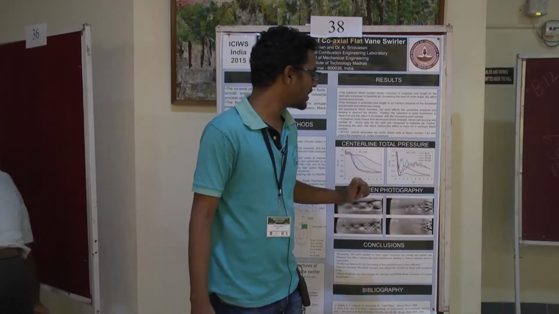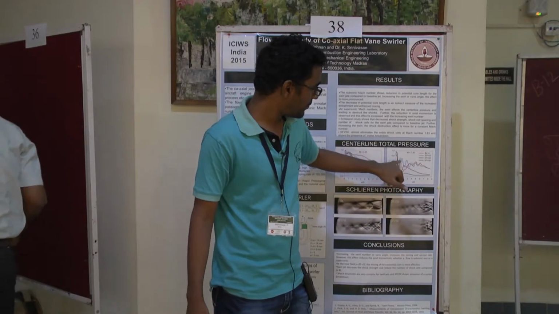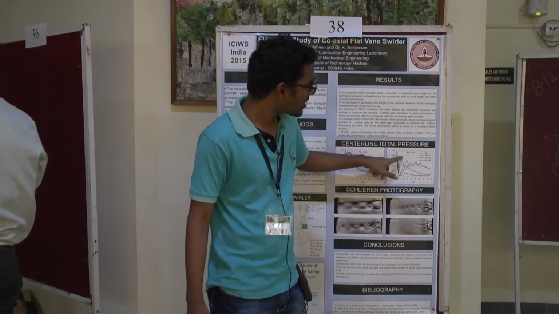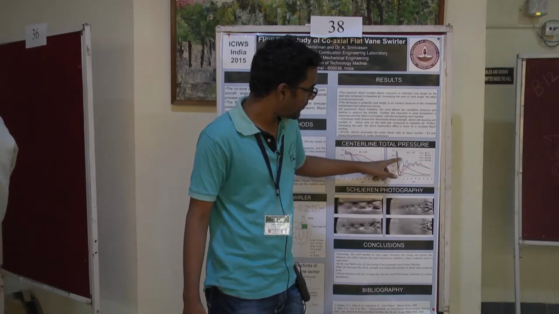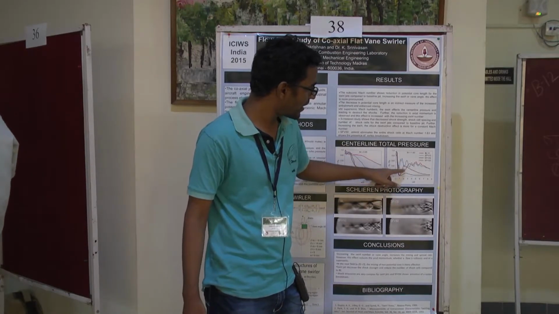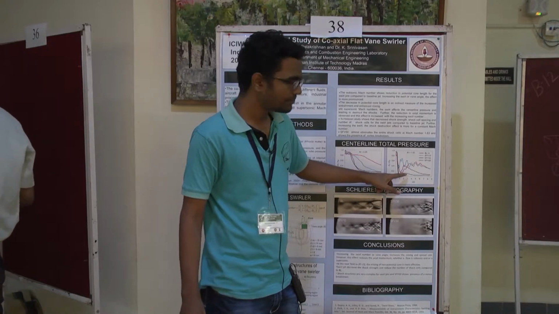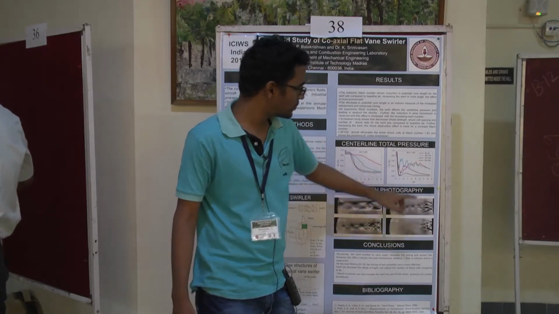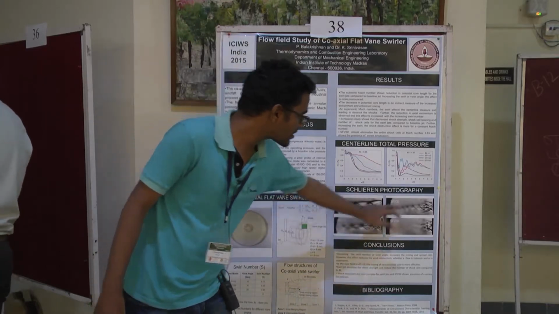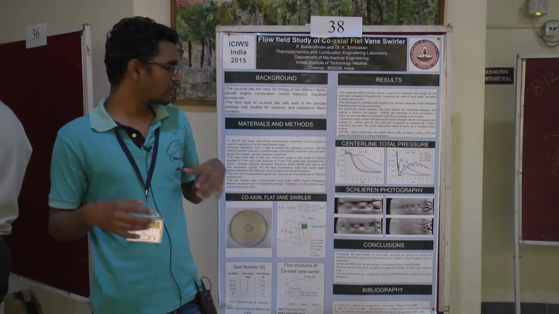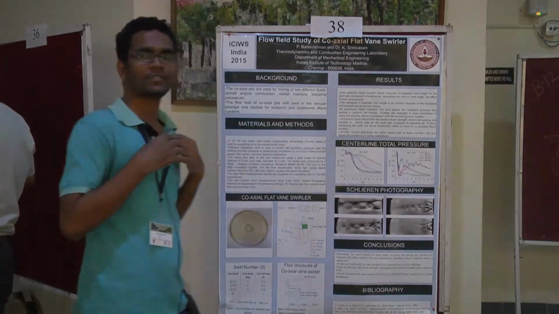This is for the supersonic case. The same way, when we increase the swirl number, the shock strength is reduced. We can see here, this is for 10 degree and this for 30 degree. When comparing these two, the shock strength is reduced. If you take the 50 degree, the shock strength is almost eliminated. In the corresponding flow field, we can see the shock strength is reduced. So increasing the swirl number in the supersonic case also reduces the shock strength.